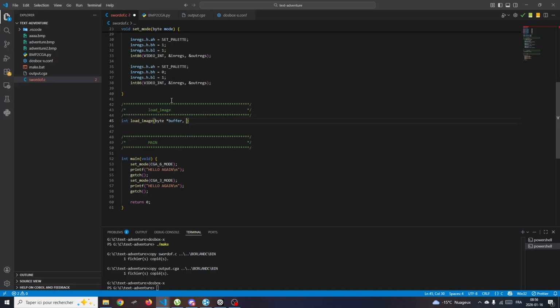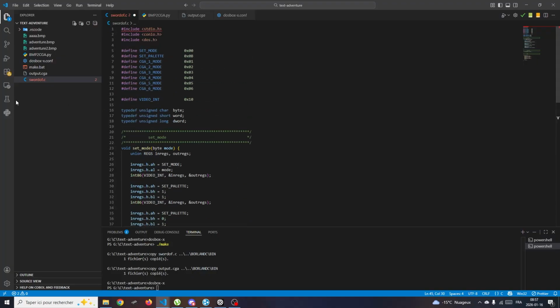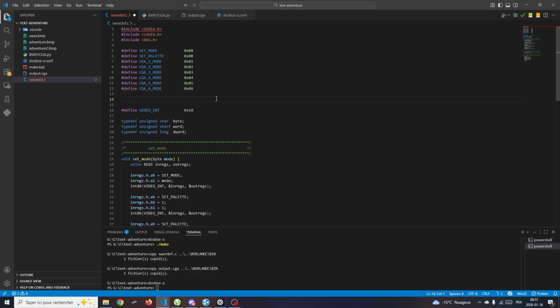Yeah, we need a buffer size, and our buffer size is based on the screen. So we're going to read our screen, and we want to use the 80 bytes. So we're just going to tell our buffer size